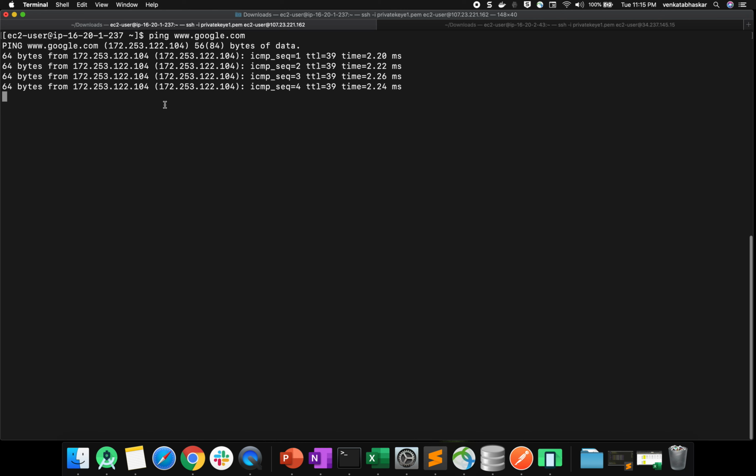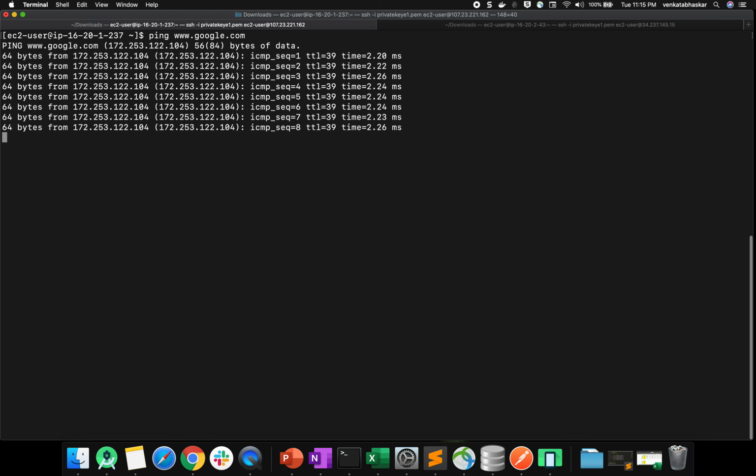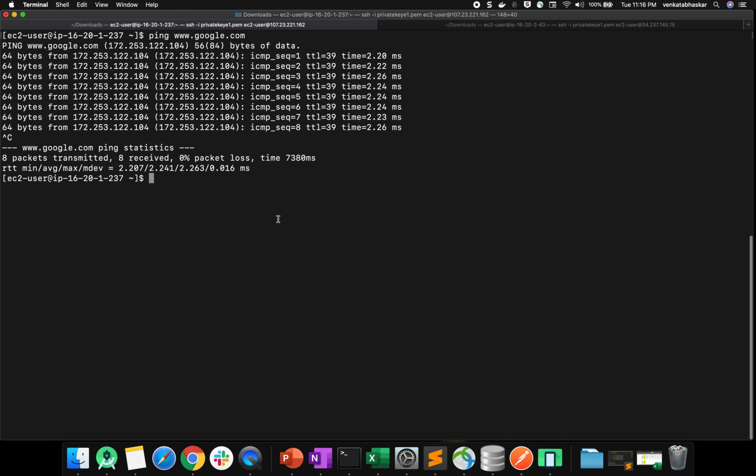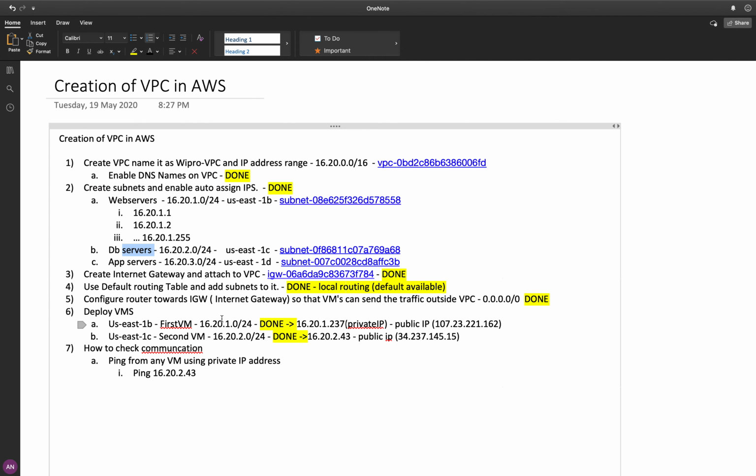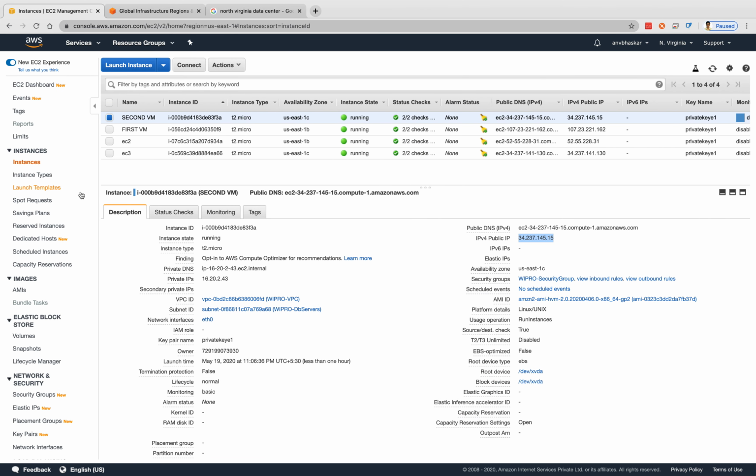Okay, now I will make a small change in my routing table, so that I can show whether you are able to connect to the server without the internet gateway or not. Okay, I'll exit from here. I will make a small change for your understanding.